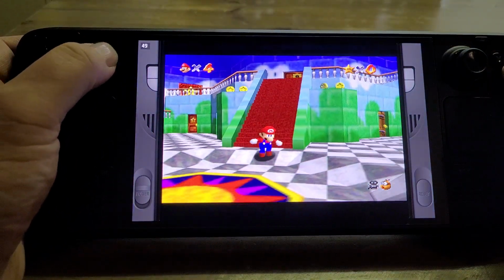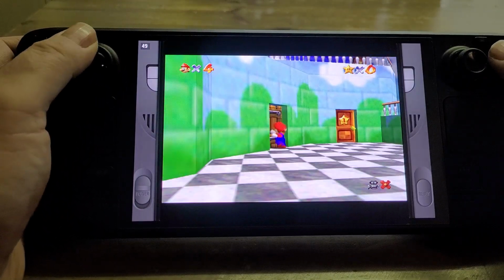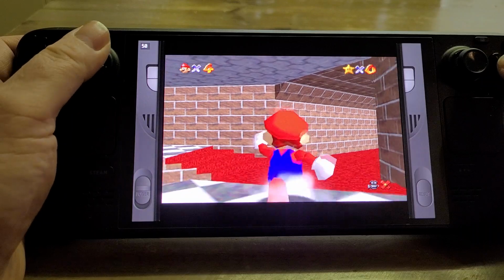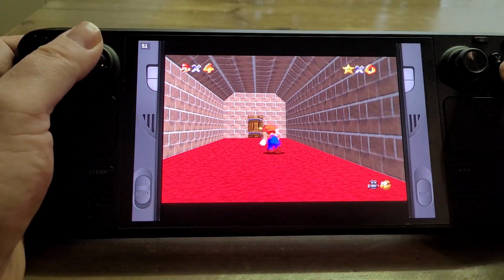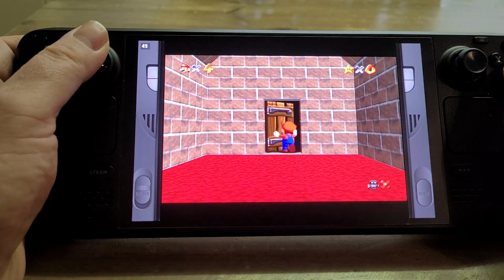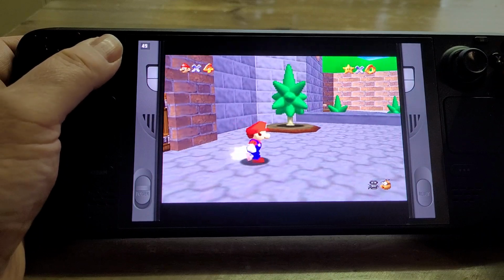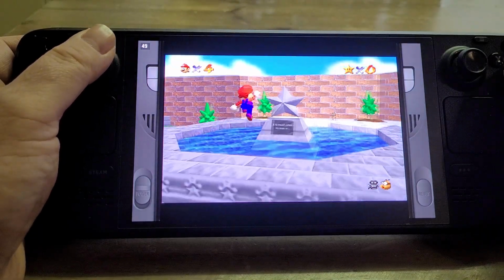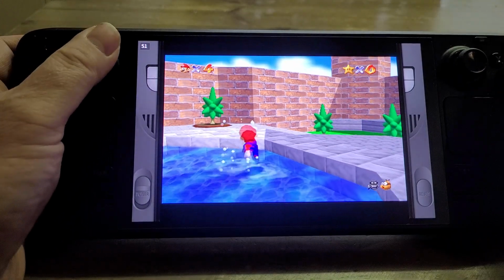All right, you've got to have the stars to go through certain doors, I think. Okay, well, you get the idea. You've seen gameplay from